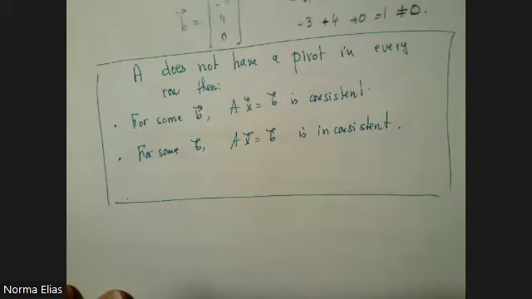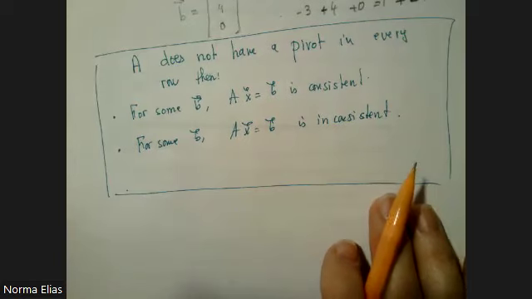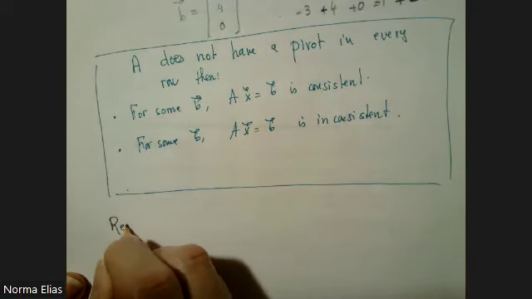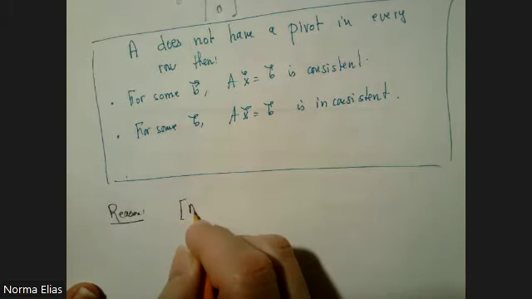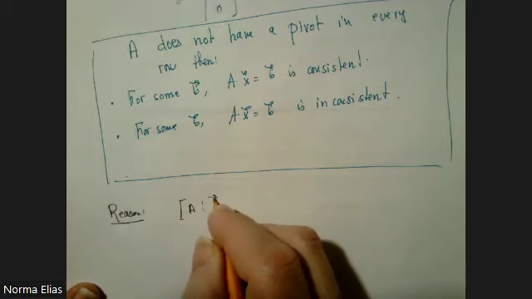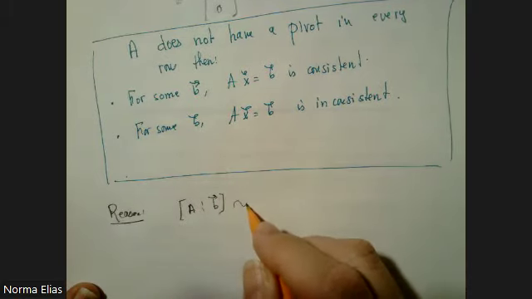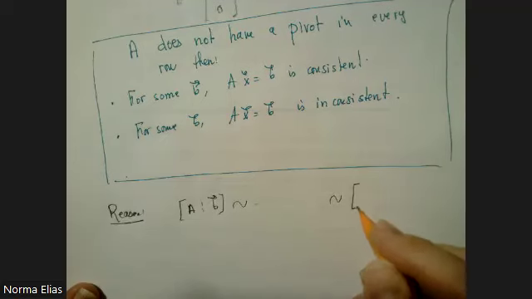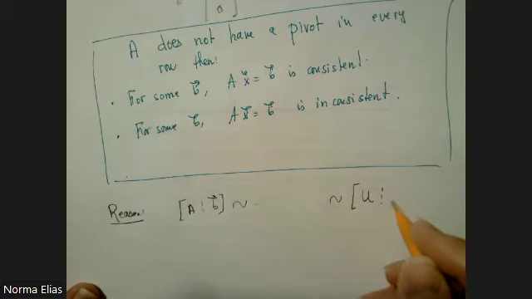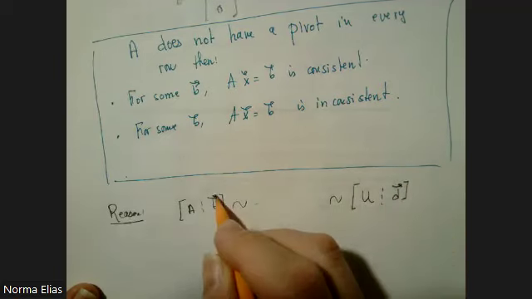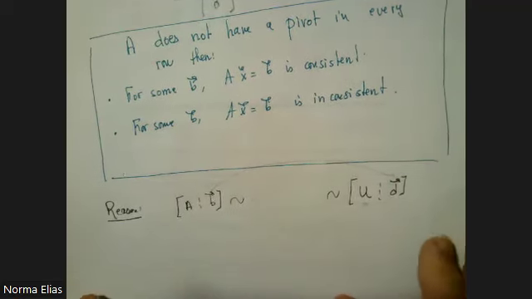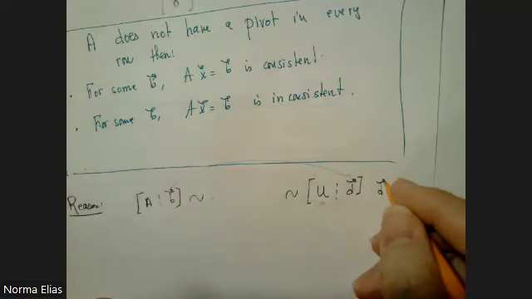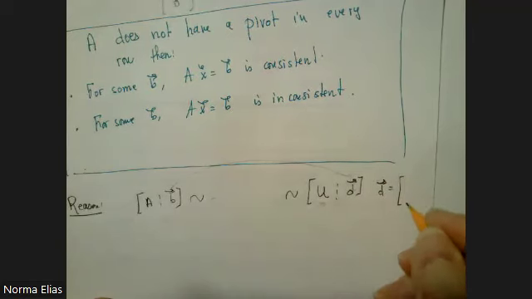So I elaborated this by an example. I can give you a kind of general reason why it happens. Generally, the reason is the following. Suppose you take [A|B] here, and let us say we reduce it. At the end, we're going to have [U|D]. So B is going to change to a certain vector, and A is going to be reduced by that. So the idea is, if I take D to be the vector with 1 at the end,